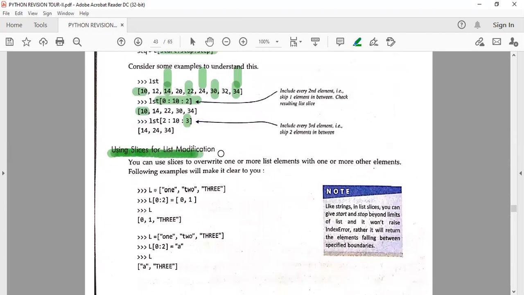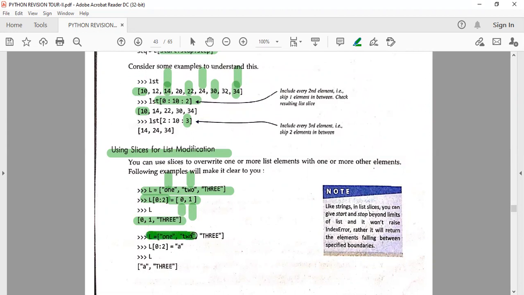After that, using list slices for the list modification. Now obviously lists are mutable, so you can easily modify them also. So just see here. This is a list 1, 2, 3. Now they are writing L0 of 2 is 0, 1. यानी कि 0, 0 is to 2. यानी कि 0 और 1 की बात वो कर रहा है. यानी कि इस 1 पे आपने अपडेट क्या कर देना है, ये वाला 0, और इस 2 की जगह आपने अपडेट क्या कर देना है, ये वाला 1. सो आंसर क्या आ जाएगा, 0, 1, 3.